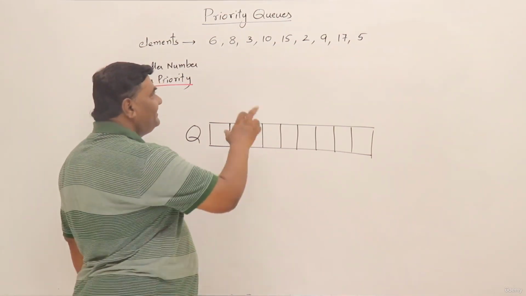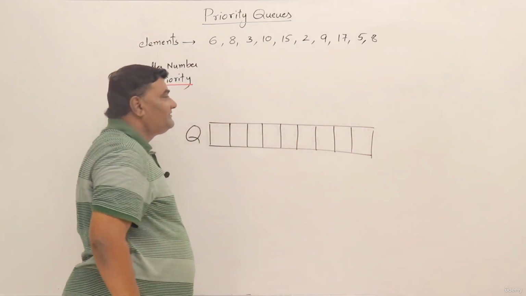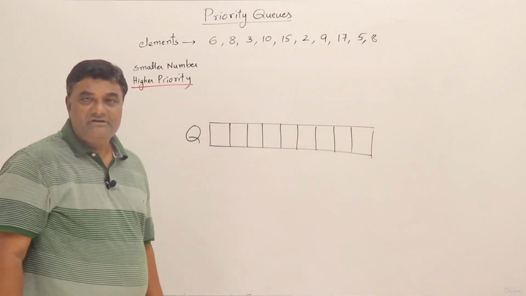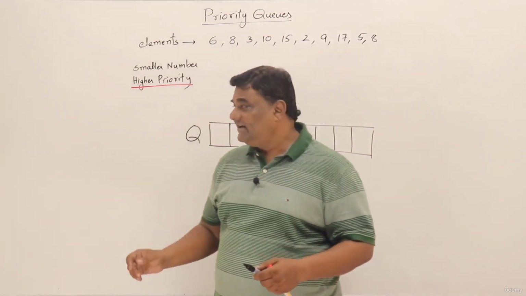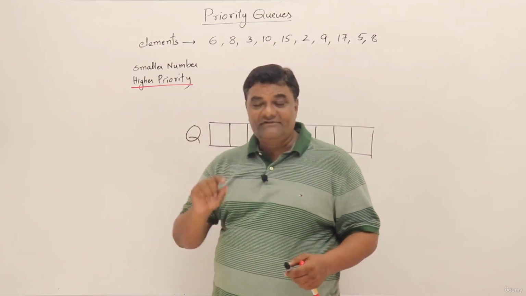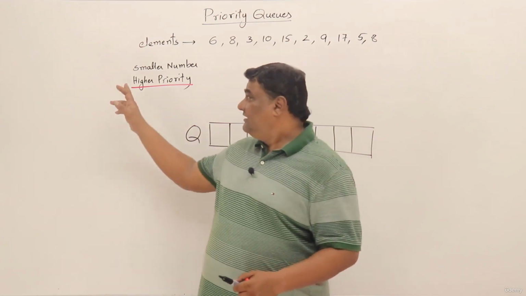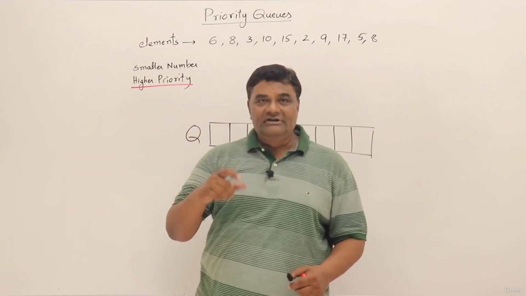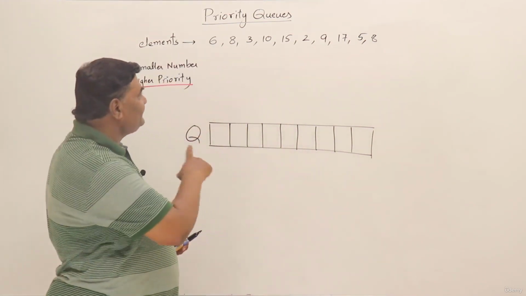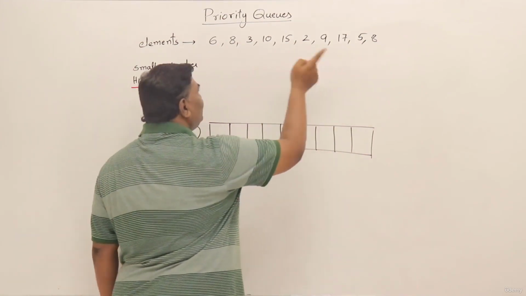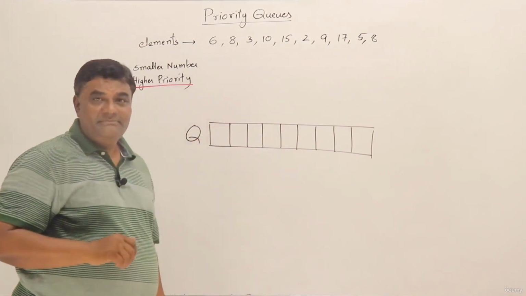And even the elements can have the same priority also. Like I can have duplicate elements, 8, one more 8 I have. So this is duplicate, same priority. So two elements with the same priority. And which one is minimum priority, which one is maximum priority? For that, I have set the rule here that smaller number, higher priority. If the number is small, then priority is higher. You can change this the other way also, like larger number, higher priority. So if a number is larger, then it is higher priority. Based on this one, which is the highest priority element? 2. Then the second one is 3. The next one is 5. So like this, these are the highest priority elements. So go on.